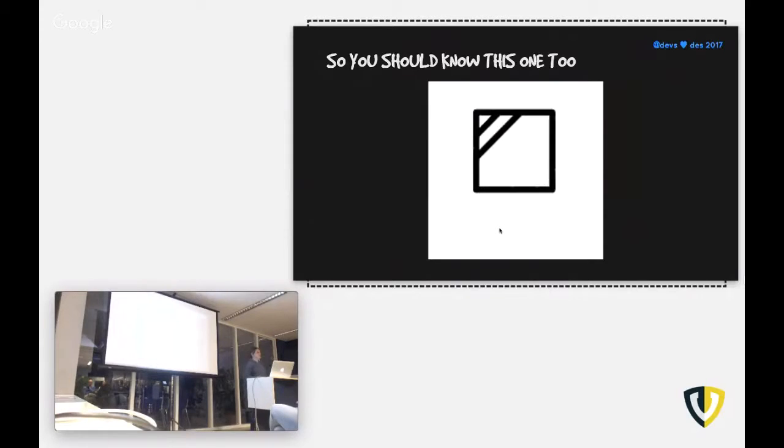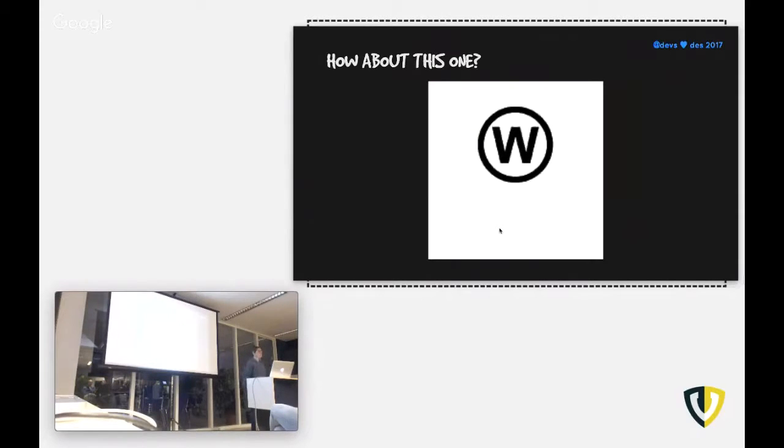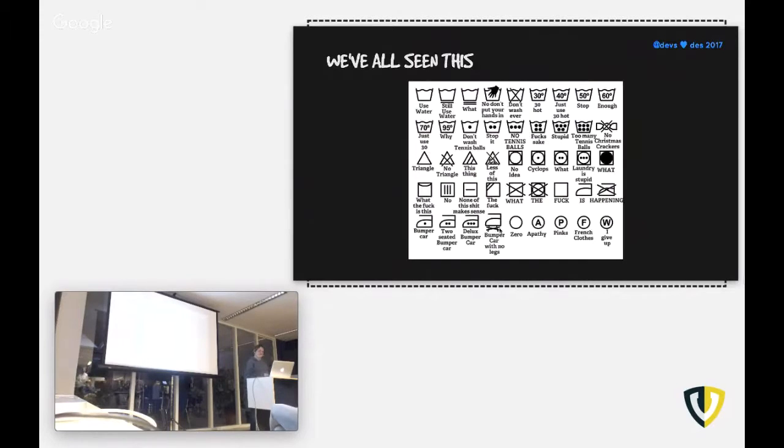So you know what the box means with the two diagonal lines in the upper left-hand corner? How about the W in the circle? Now I'll give you a hint. It's the opposite of dry cleaning. Wet. It's wet cleaning. I don't know what that is. It's a thing. So we've all seen people kind of make fun of the fact that nobody knows how to wash their clothes,